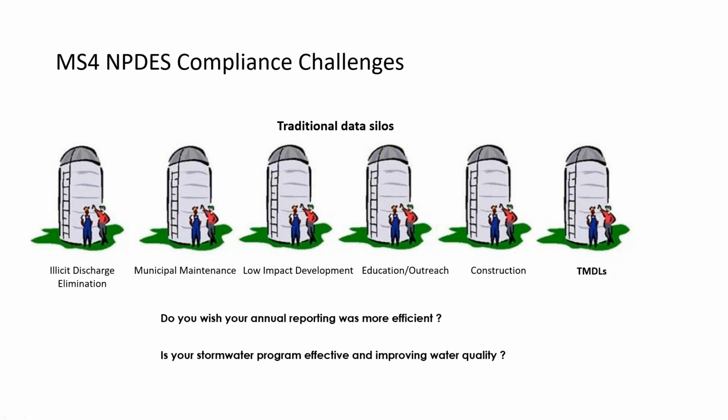So for any MS4s whose permitted areas drain to an impaired water body, PMDLs are putting pressure on these stormwater programs to be more effective. And when I say that, I mean that these programs are having to demonstrate their ability to reduce the impacts of the urban landscape on their impaired waterways that they're draining to. And that's a heavy lift for MS4s, and typically translates, at least traditionally, into a lot of monitoring and modeling